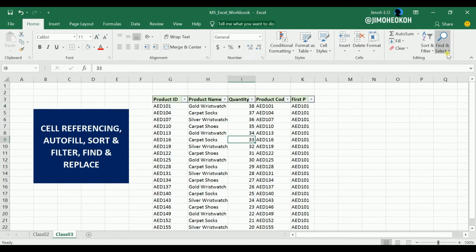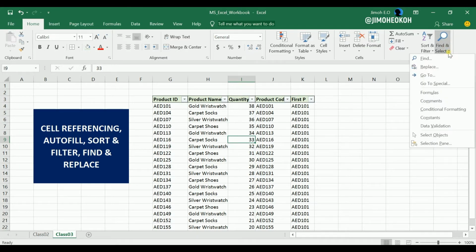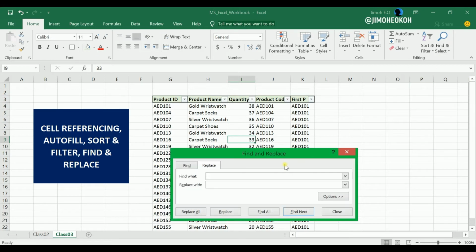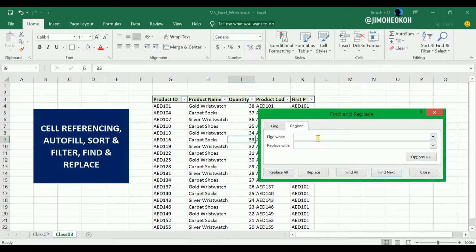You can just simply come here and do your find. This will help you find whatever you are looking for, but we are more interested in the replace here. So let's say you want to find something and you don't want to replace it, you can simply do this. Let's say you want to replace, you can come here, then it will ask you what you want to find. So here now I'm going to type in